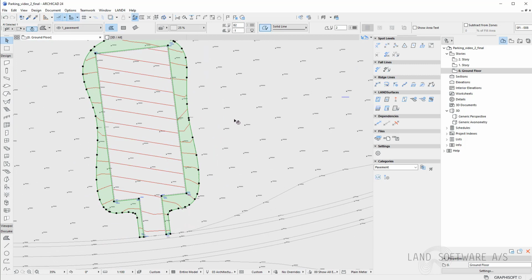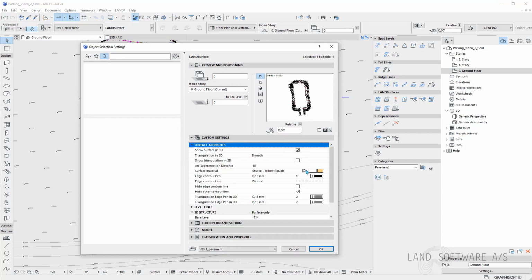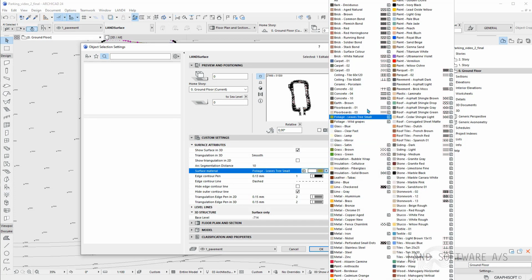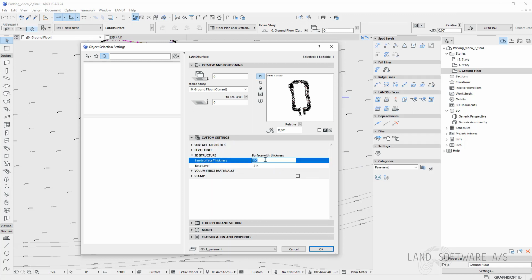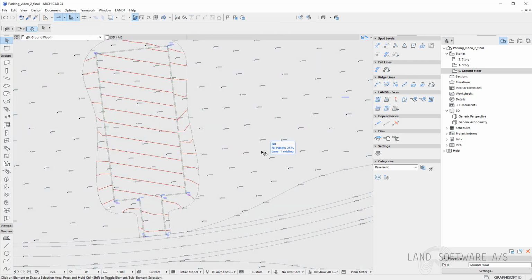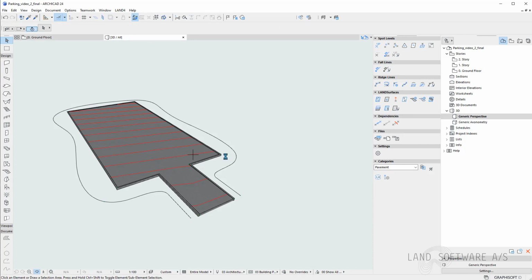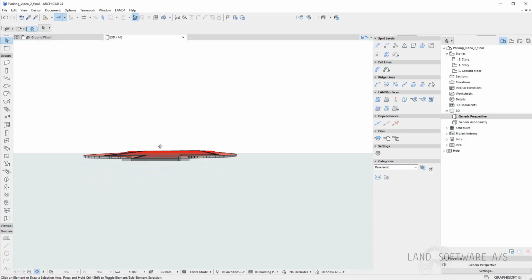Once I have my pavement surface, I can go in the settings, and I can already place some surface material for it and give it a thickness. In the 3D, we can now see the result.